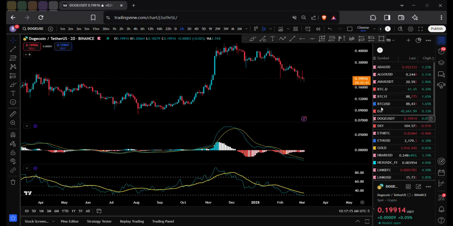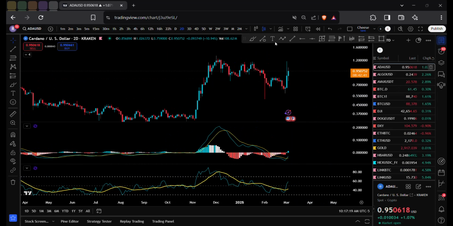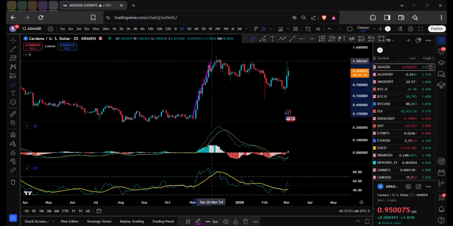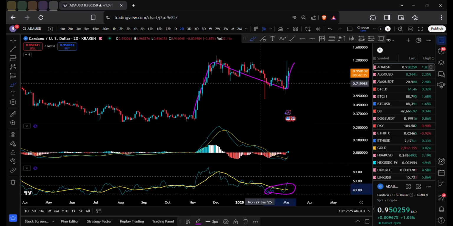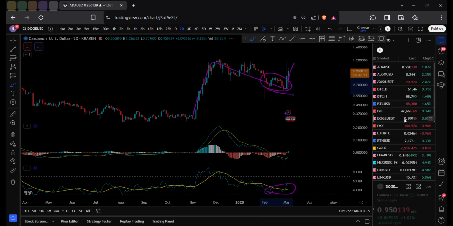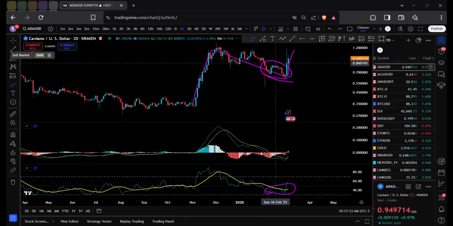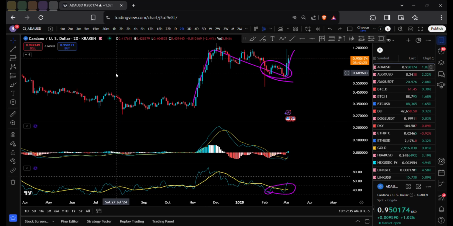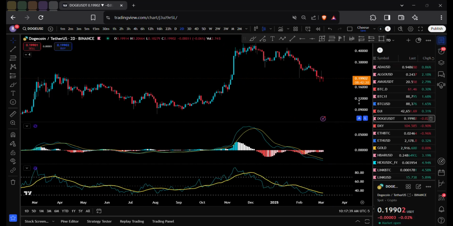Doge. So this is okay. ADA, all right. Breakdown, pump up, consolidation, pop up. What needed to happen? This and this. So when I go to this chart and I see pump up, consolidation, what do you think I'm going to be looking for, Cozy? Right? That's what I'm saying. Now we're looking for consolidations, bullish divergence.